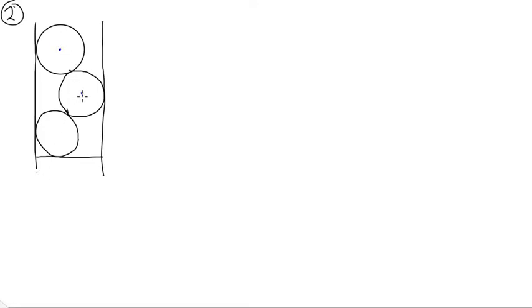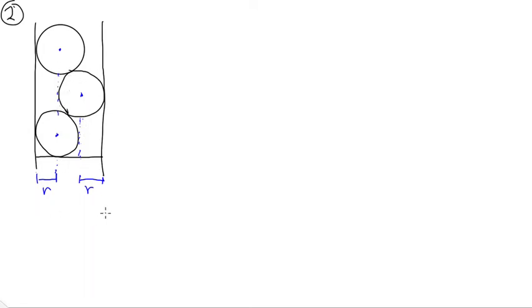So the circles each have a center, the circles have a radius of little r, and then the container, I said, has a width of 3r. And what that means is, first of all, this distance here is r, from this to this, because the center of the circle is going to be a distance r away from the wall, right? This one will also be a distance r away, and the edge of this guy should also be a distance r away from the side wall. Okay, not quite working because I'm not perfect at drawing, but this is still far better than I usually do,